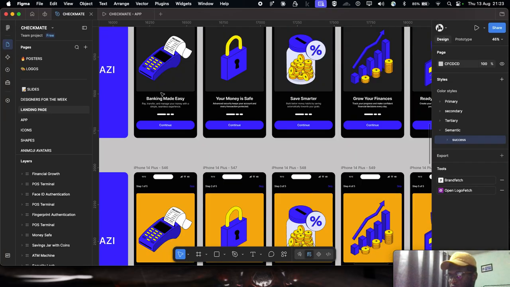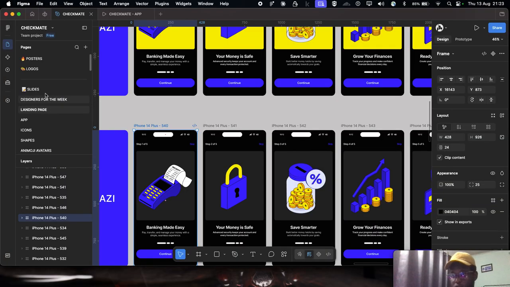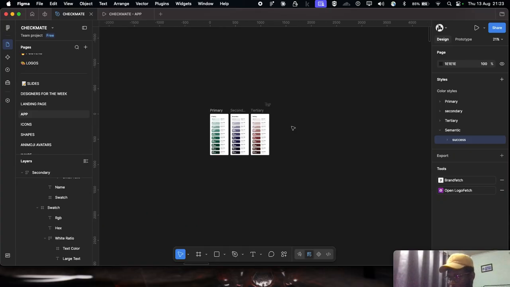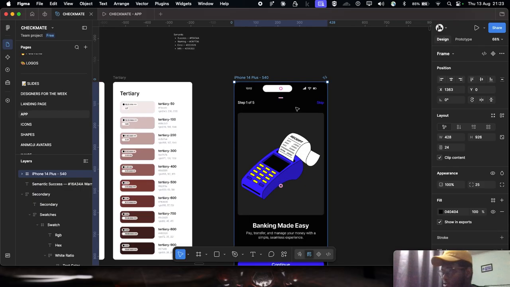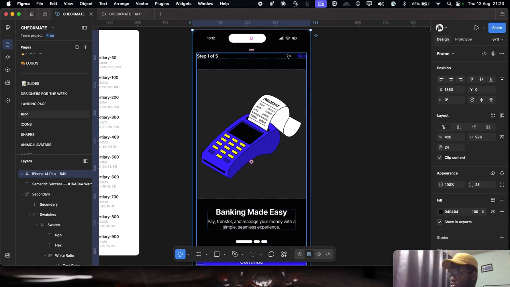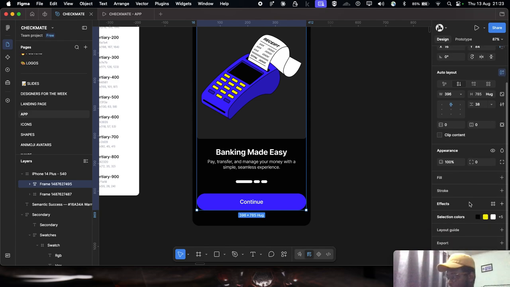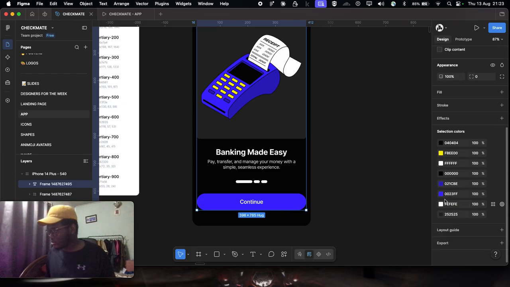I don't know, should I use this one? Let me use this one. Control C, and I take it back to our page where we are designing. Yeah, so Control V, right? So from here I can change colors. So let's say I want to change this blue and this blue, right? So one of the colors we created from this style guide, what we can simply do is go to colors, then go to this blue, right? And I think this blue is